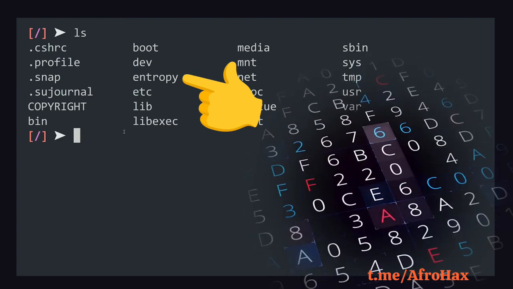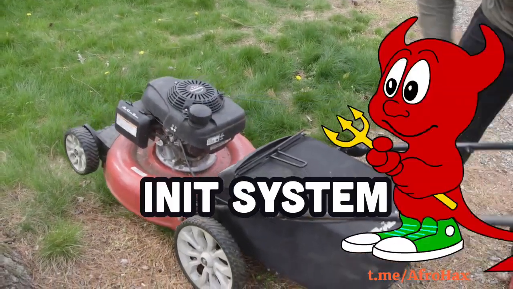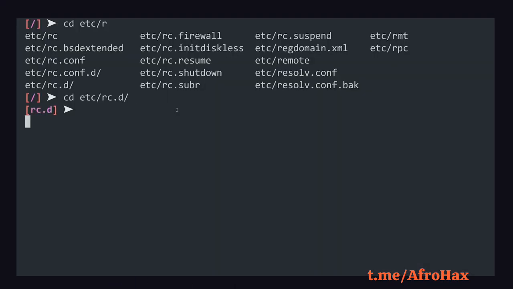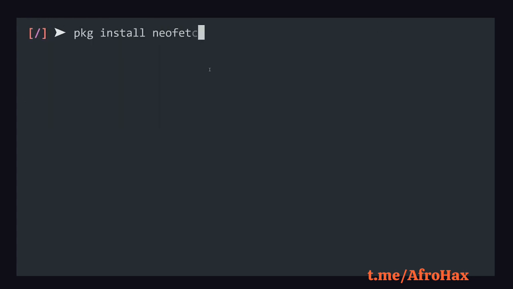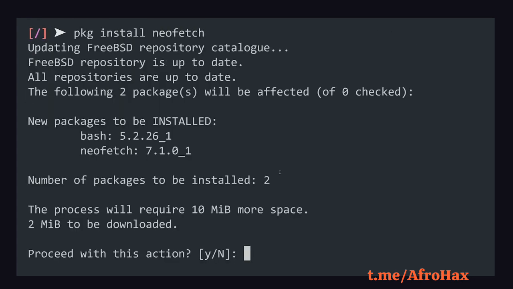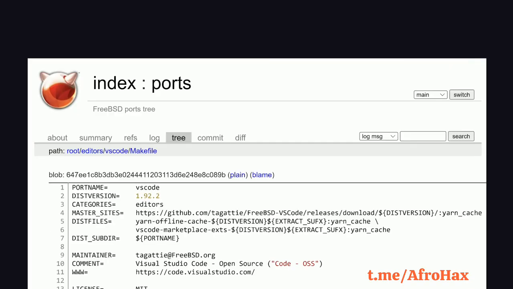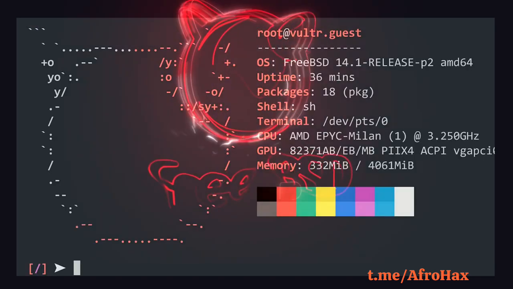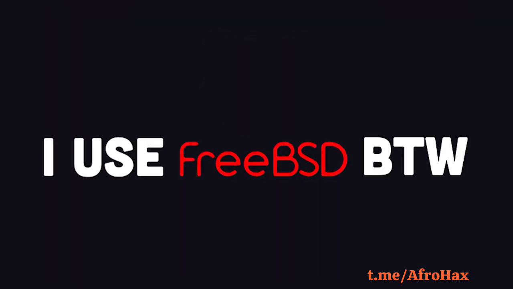have enough randomness. Now, when a machine boots up, it runs an init system to configure the machine and run daemons in the background. On Linux, that's typically systemd, but FreeBSD takes a more traditional approach with RC scripts. When it comes to packages, you can install them as binaries just like a .deb or .rpm file, or you can use the ports collection, which is a framework of makefiles and patches custom tailored for installing applications from source. This has been FreeBSD in 100 seconds,